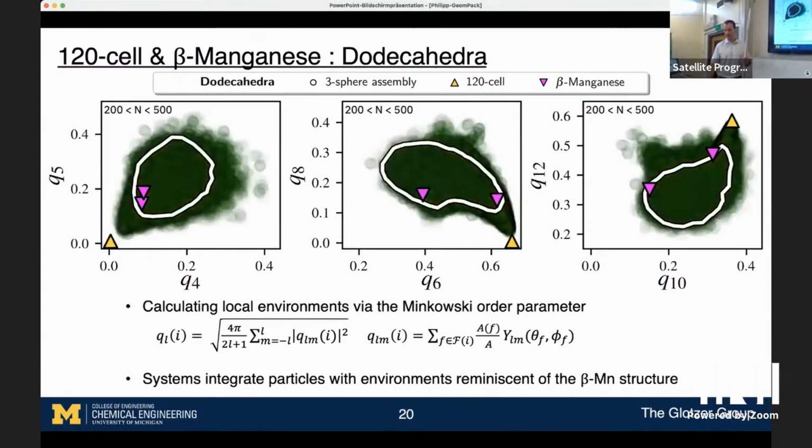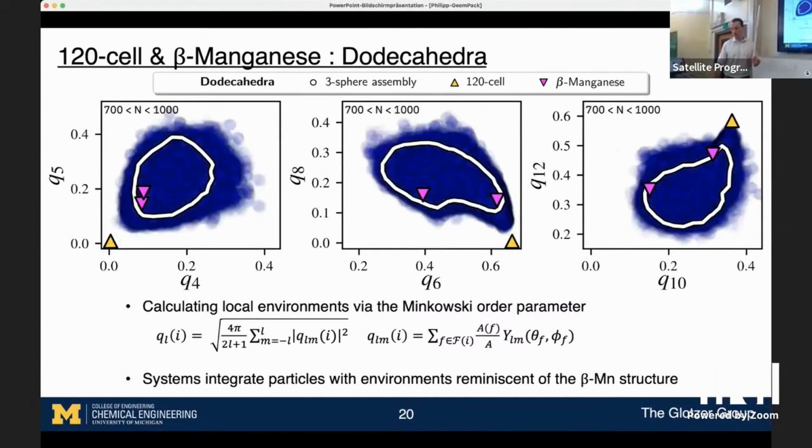And if you increase the particle number more and more, you can see that the shape of this cloud doesn't really change, which means that there is always a contingent of particles which try to be very close to the 120 cell configuration, and some which deviate,